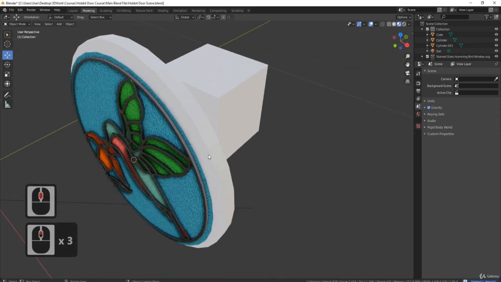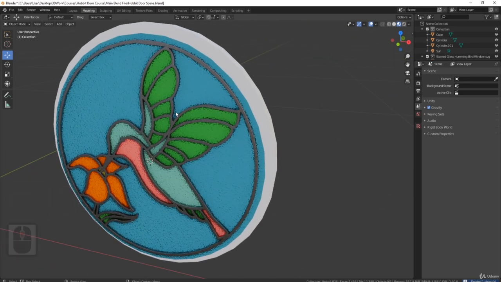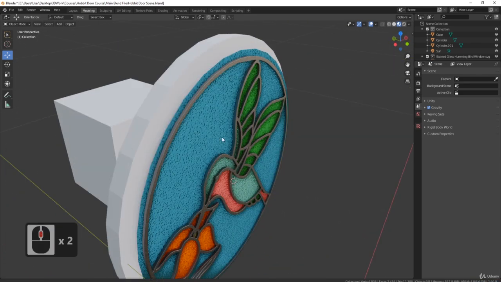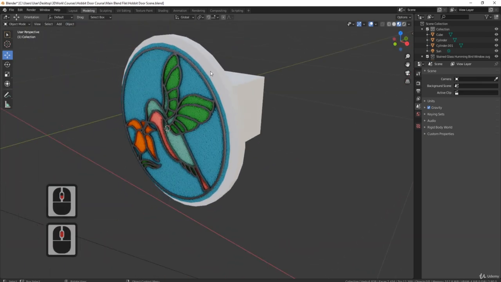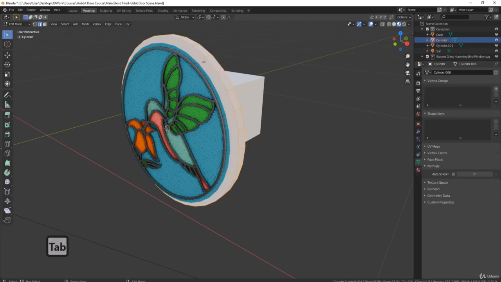And what we're going to do is come back to our wood. Now we can see that we want this glass not to be sat on top of the wood. We want our glass to still be see-through. So let's fix that now. The first thing I'm going to do is grab my cylinder, come in with face select, grab